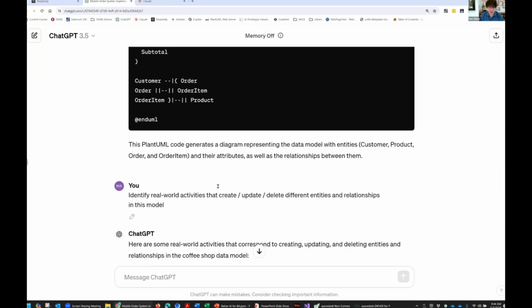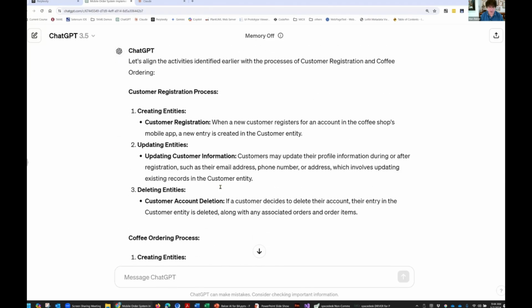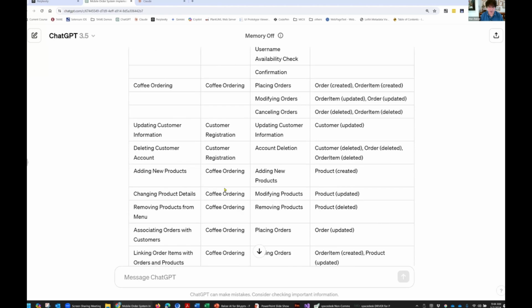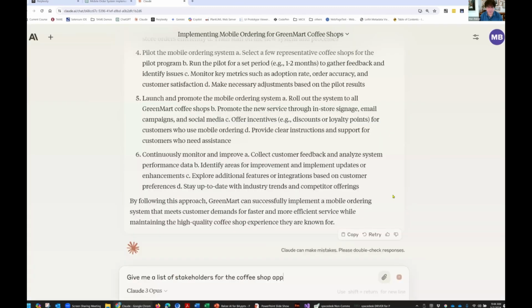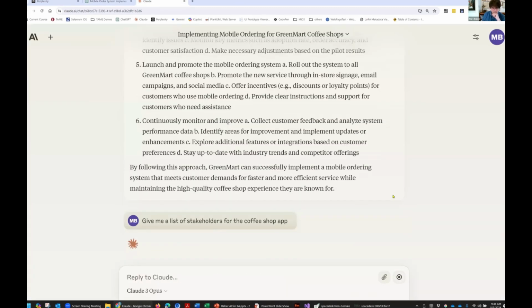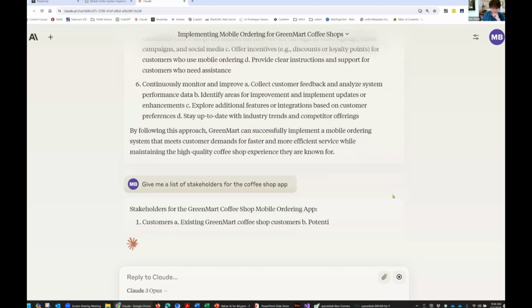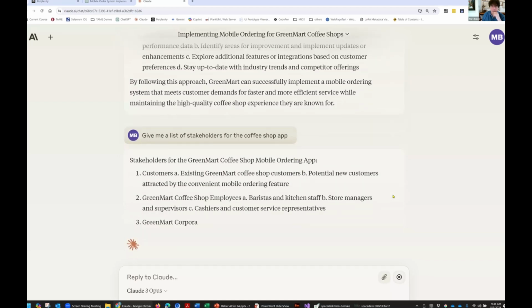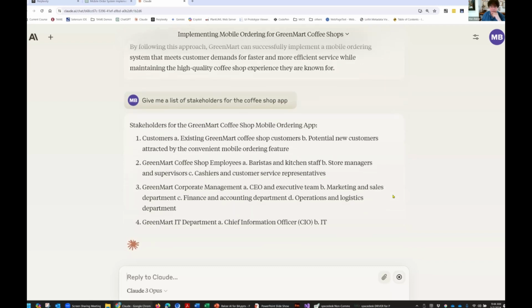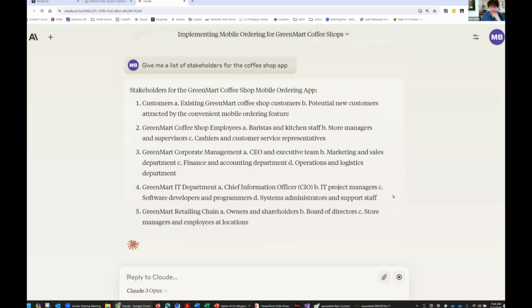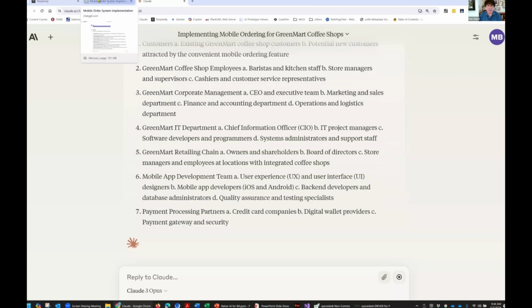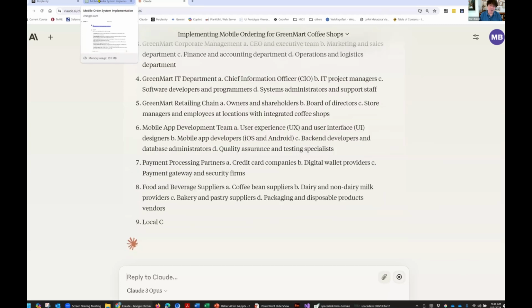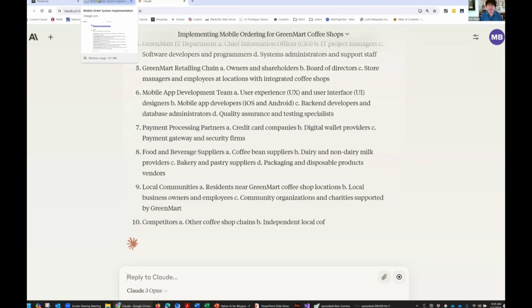I could also ask the question about the principal process. Let's see, where is the list of stakeholders in here? Here we go. Give me a list of stakeholders. Now, I have two different lists. The lists are obviously different.